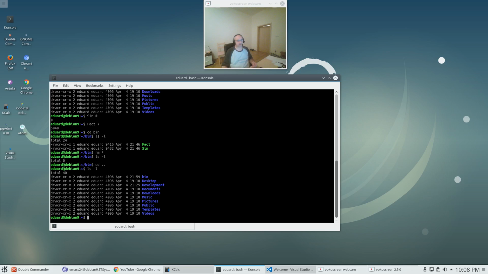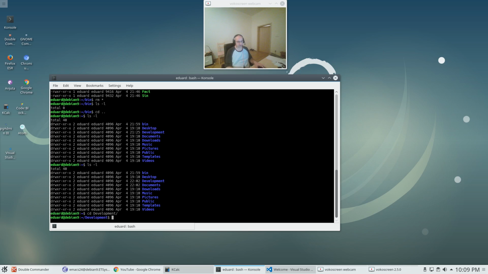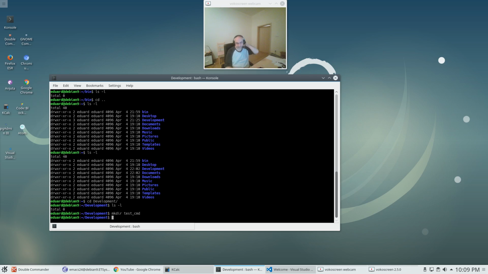to get some result. For example, in Linux you do something like this: ls, which means list all files and directories inside the folder that you are in. So that's it. You want something like that. So I'm going to create a simple application. I'm going to go to my development directory, and I'm going to create a directory called test command. I'm going to change to that directory,